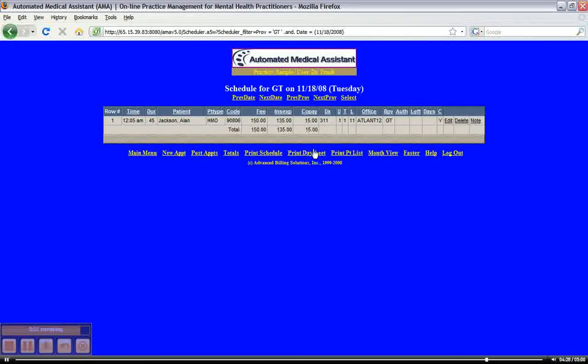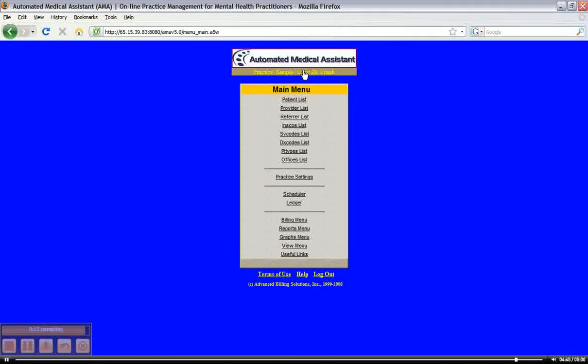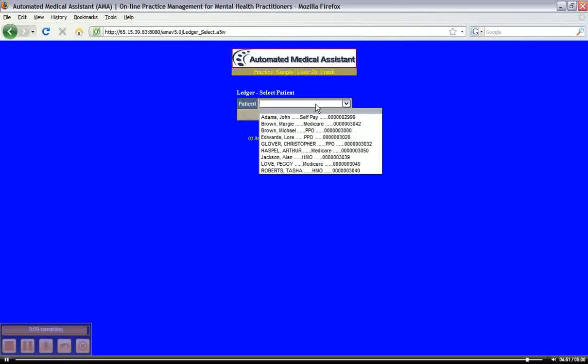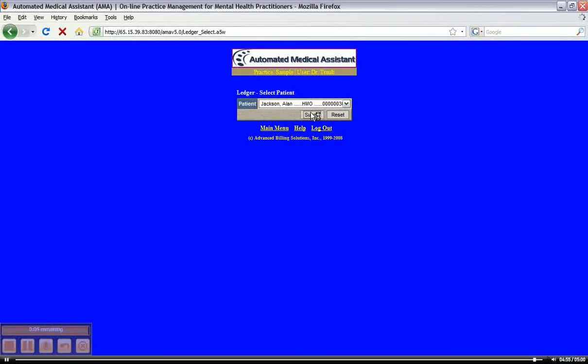And now it's done. This column right here, the C, stands for charge. The Y indicates that it is a charge. Yes, it is a charge. Now, if we were to go back to the main menu, remember we can just click on the Automated Medical Assistant logo up top and go to the ledger and go back to that patient, Alan Jackson. We're going to see